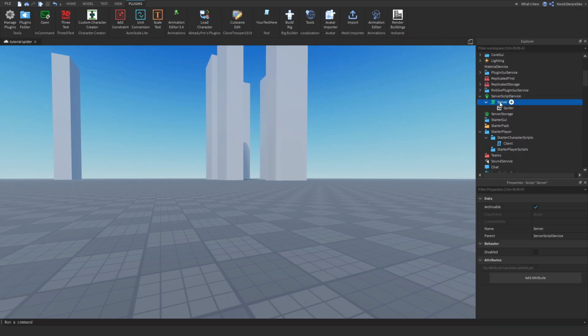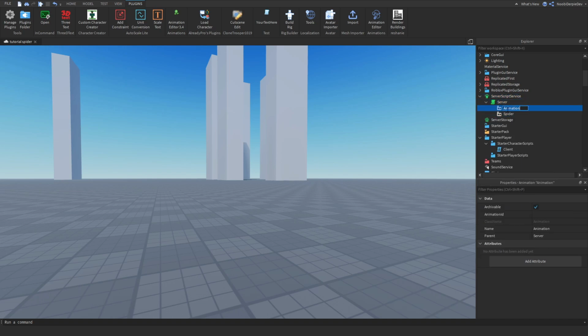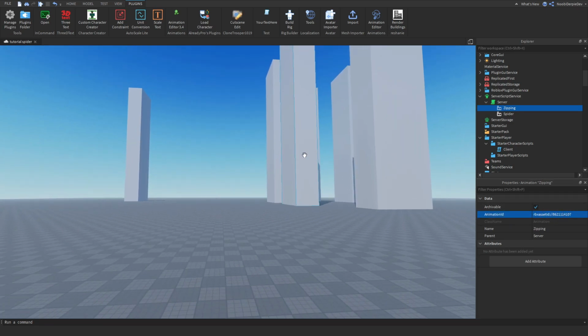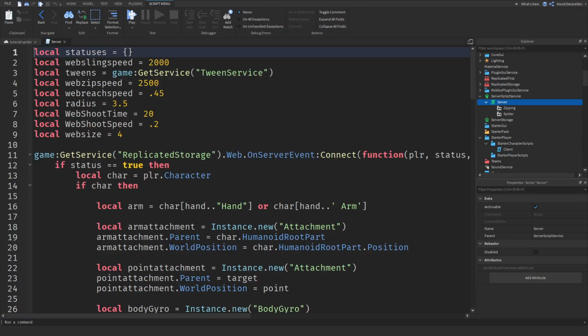Go to your server script and insert a new animation, and just call it, I don't know, zipping, like that, and just paste the ID in. Boom, that's your ID. And now all we have to do is code the server part. The server part is not that hard, if you just understand the basics of coding,